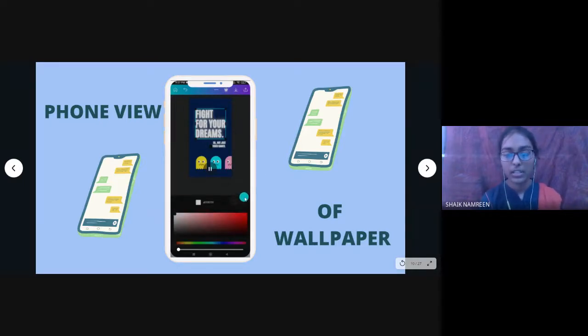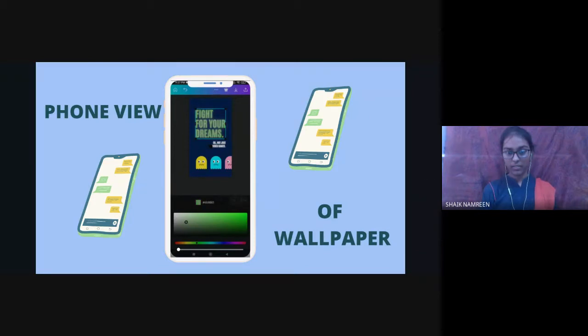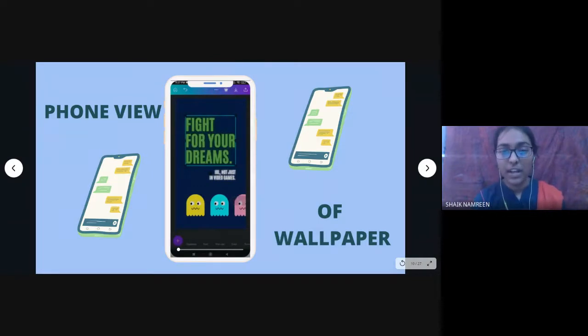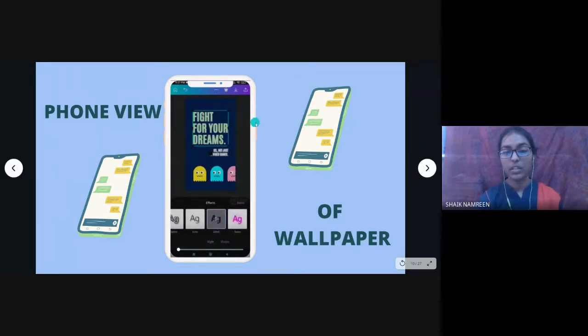I'll change this color. As you can see, I've changed something like this. Fight for your dreams like this. Yeah, you can change your font color, and these are the effects.